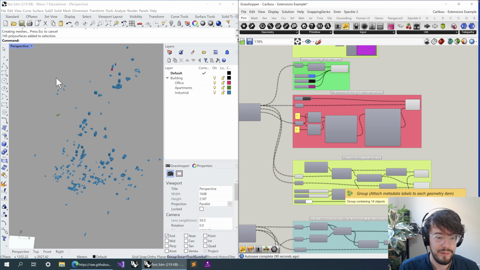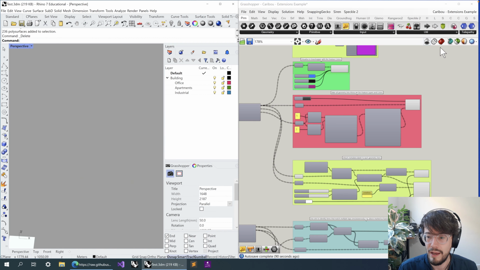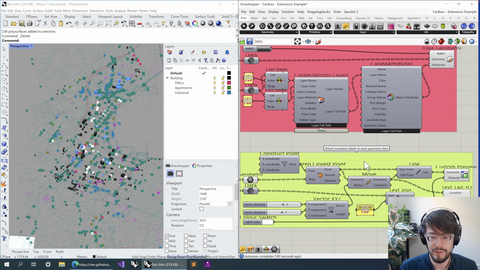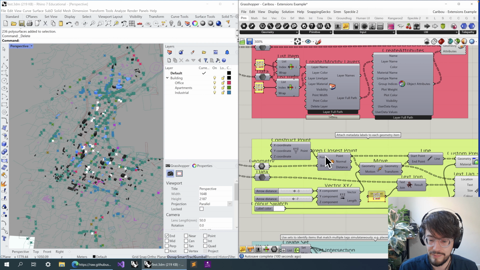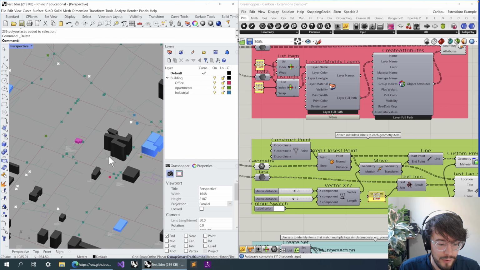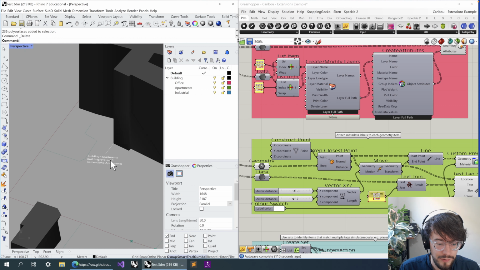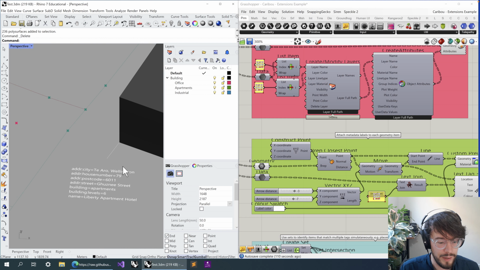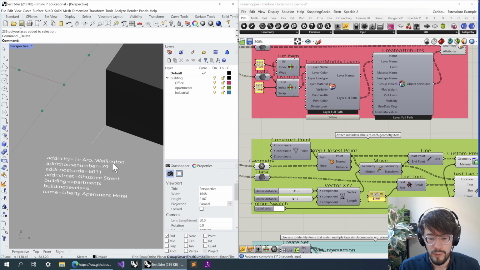Okay, I'm just going to delete all this and turn the Grasshopper preview back on, because what we're going to do next is look at this limey greeny block and see what it's doing. And so we're going to see what it's doing by zooming in on a building. Yeah, let's grab this one. And what we're going to actually first talk about is different types of metadata or information that is attached to